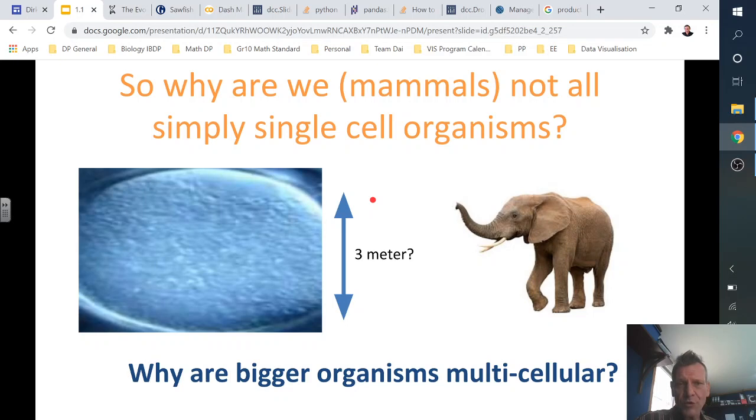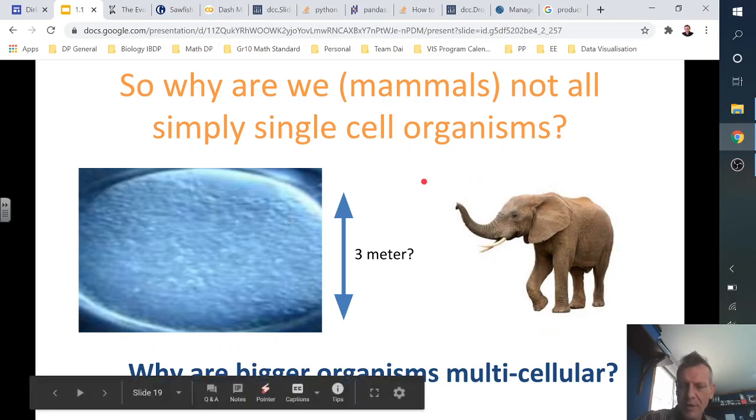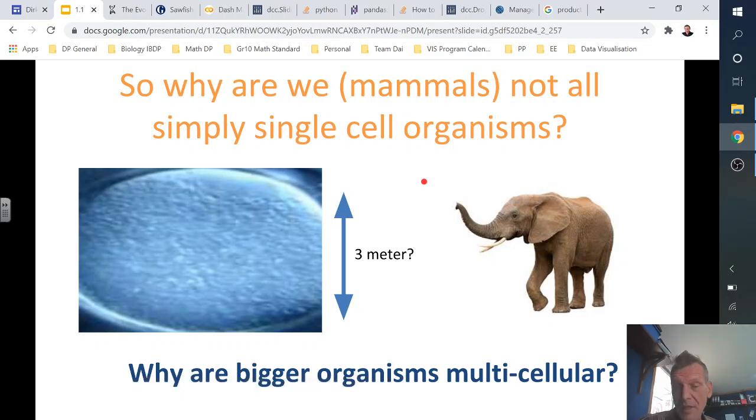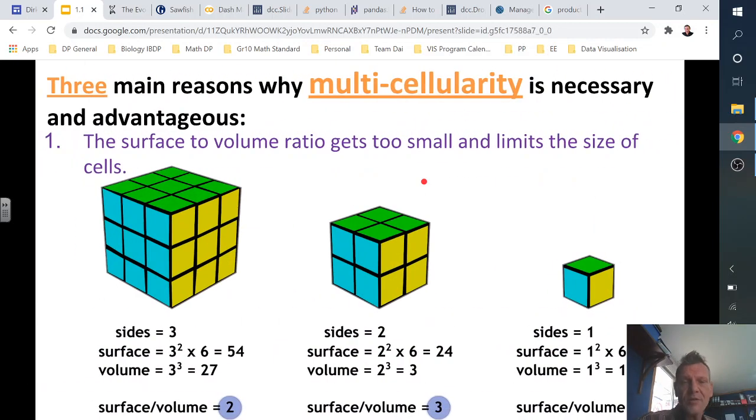Now, moving on to something called the surface area to volume ratio. The whole idea is, why does an elephant, for instance, a big organism, have so many cells? Why can't it just be one big cell? The reason is that there is a restriction as to how big cells can become without getting